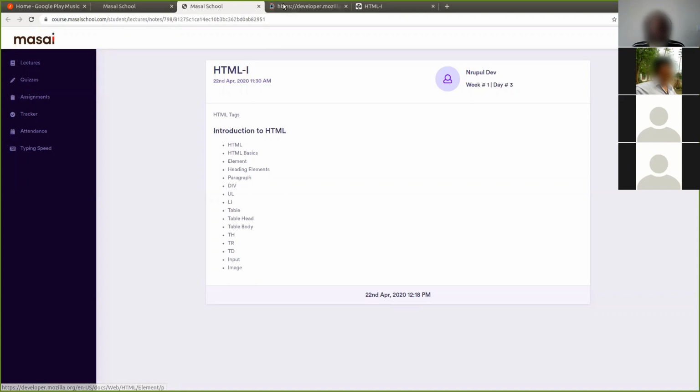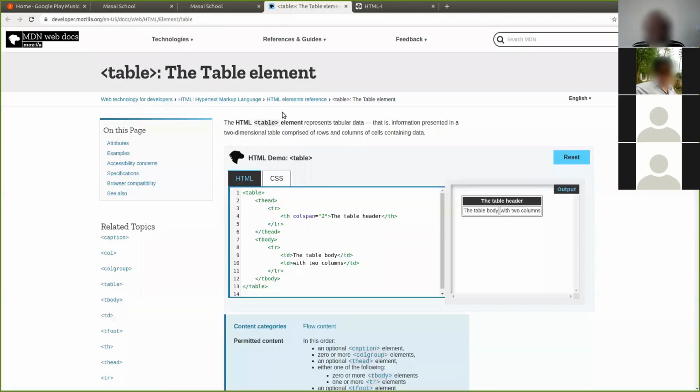The next one which we are going to look at is called tables. This is the thing which you generally see a lot in web pages, and we are going to see it for at least a couple of days. Somebody is asking what UL indicates. Unordered list. It's a short notation for unordered list.